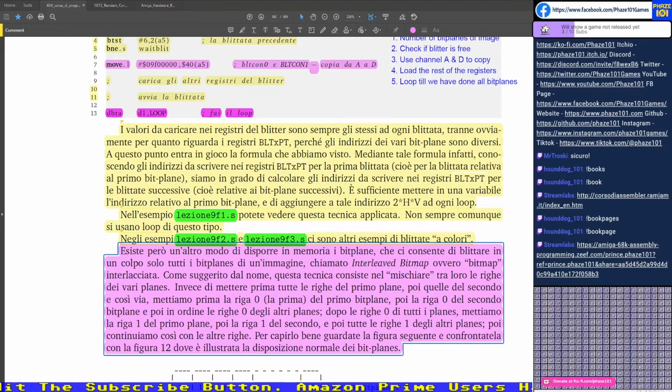So far, I said that when we have more than 2 colors, so more than 1 bit plane, we were looping and going through each bit plane and copying the image for each bit plane and moving it, or whatever we need to do. Now, that is a lot of work for the CPU. Every time we're setting the blitter, it will always take the same amount of time. If it's doing, I don't know, 30